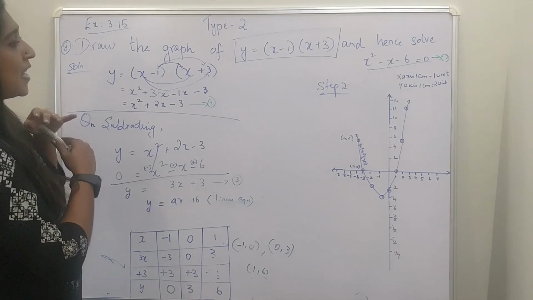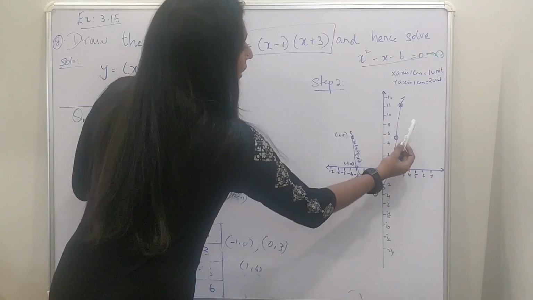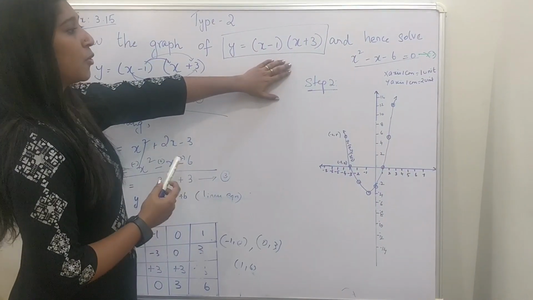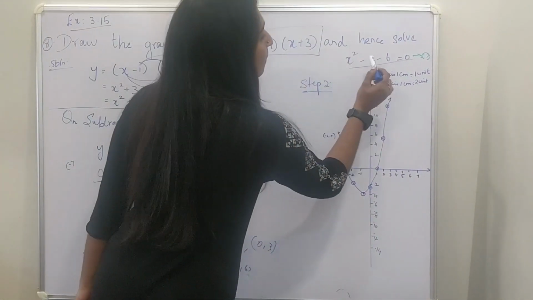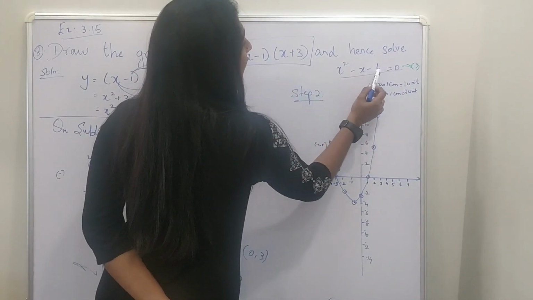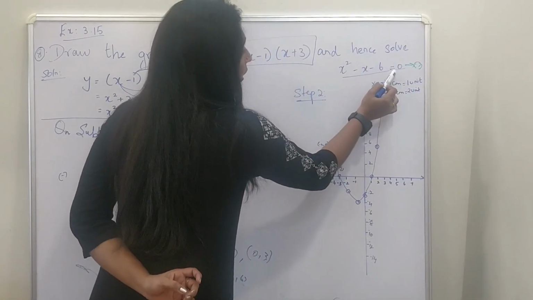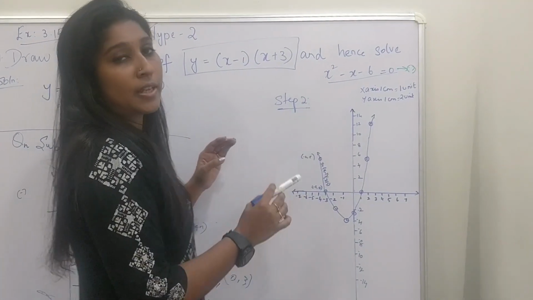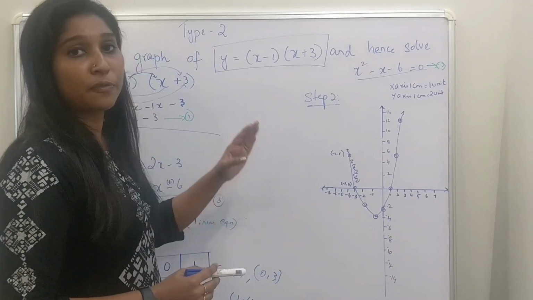So now we have got the parabola. We have solved the first part of the equation. Now we go on to solve the second part of the equation. The second part of the equation says x squared minus x is equal to 0. So do not confuse yourself when you're going to solve these types of problems.